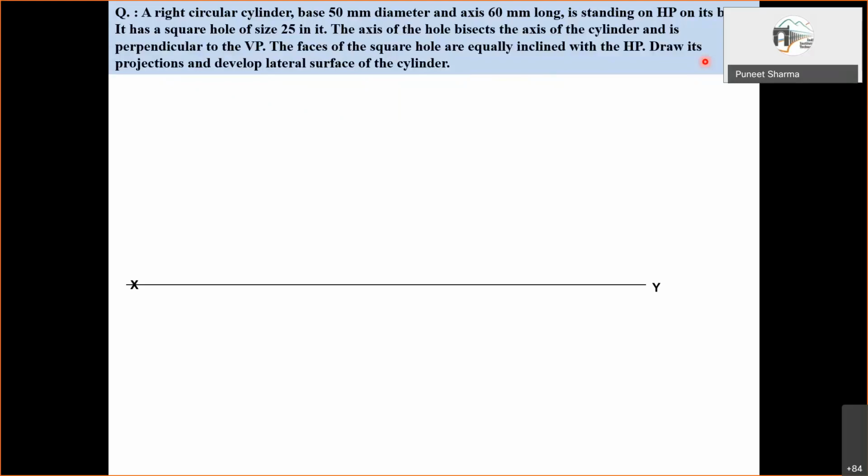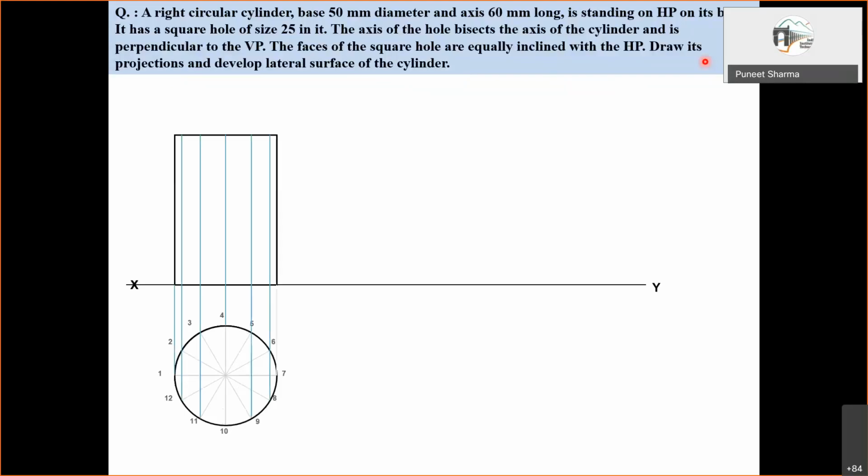So first of all we have this base, the true shape, which is a circle. Divide it into an equal number of divisions, and then we draw the front. All the projectors have to be projected and we look at all these points. For the bottom face, the names are missing in this for the ease of the slide, but we should give names to both.